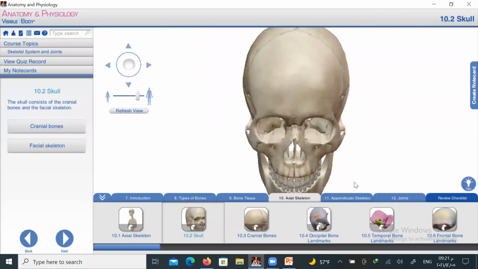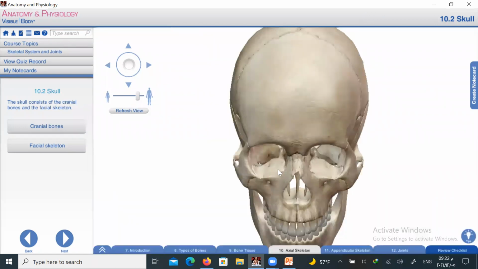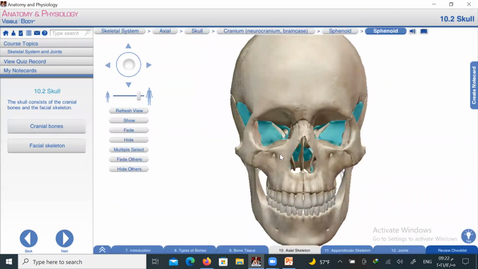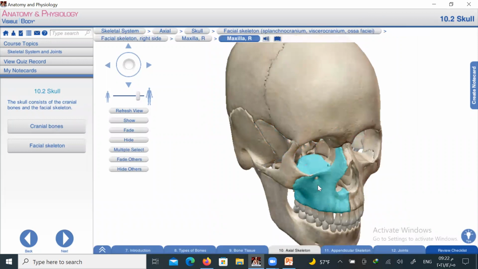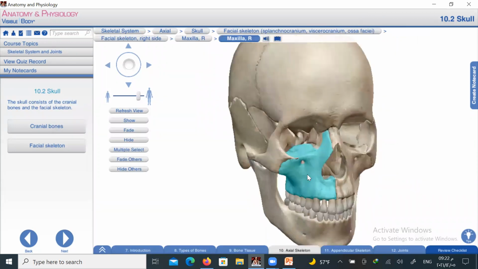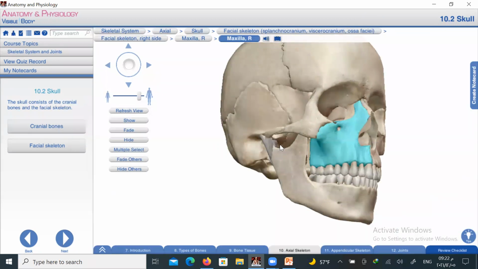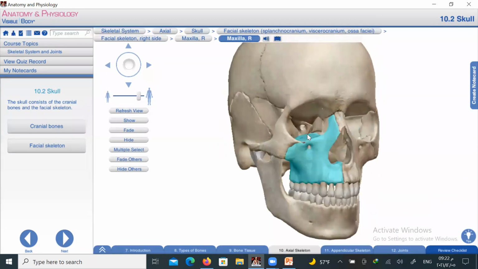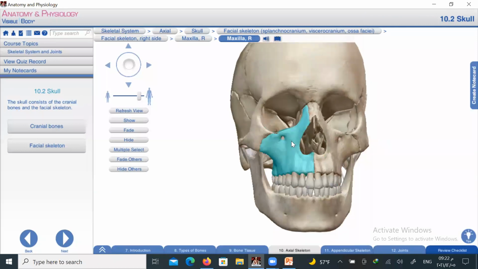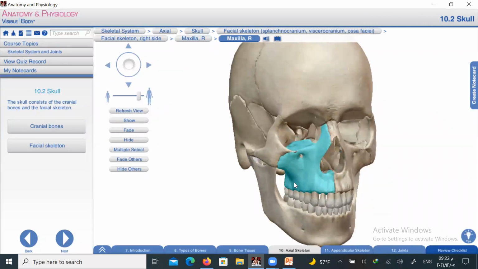This is the inferior orbital fissure between the sphenoid bone and the maxillary bone. It forms a connection between the orbital cavity and the infratemporal fossa, and also between the orbital cavity and pterygopalatine fossa. To see the pterygopalatine fossa clearly, we must hide the maxillary bone and the zygomatic bone